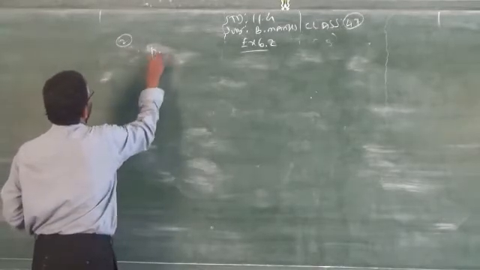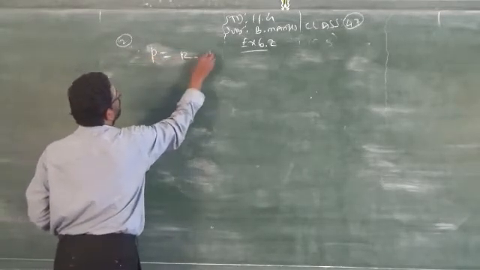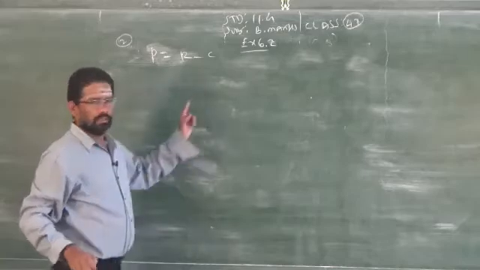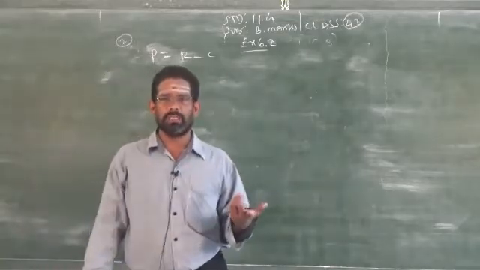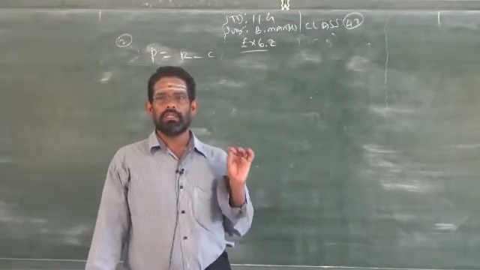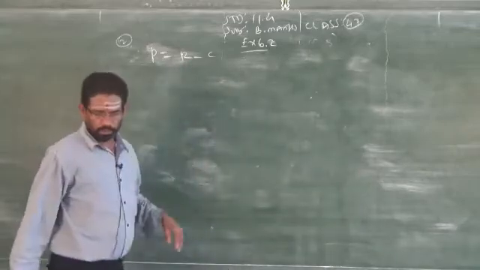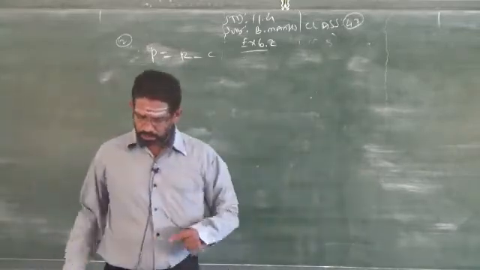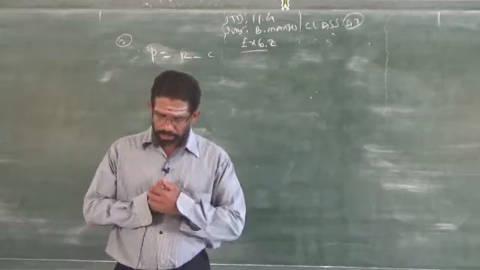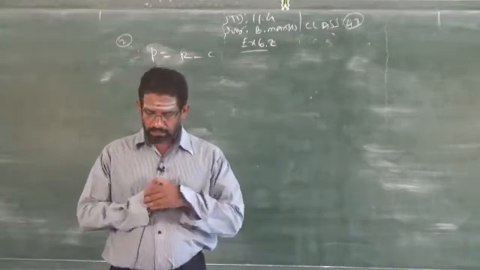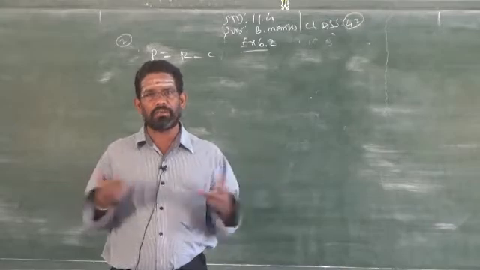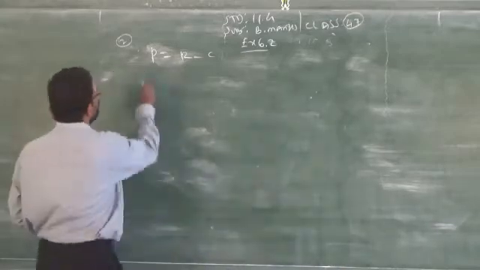So what is the formula to find profit? Revenue minus cost. This revenue means what? Selling price. How do you find profit? Selling price minus cost price. Selling price is nothing but revenue. So revenue minus cost. Revenue is not given. Do you have any revenue? It is the cost function alone that is given. So revenue is not given. Therefore you have to find revenue now.